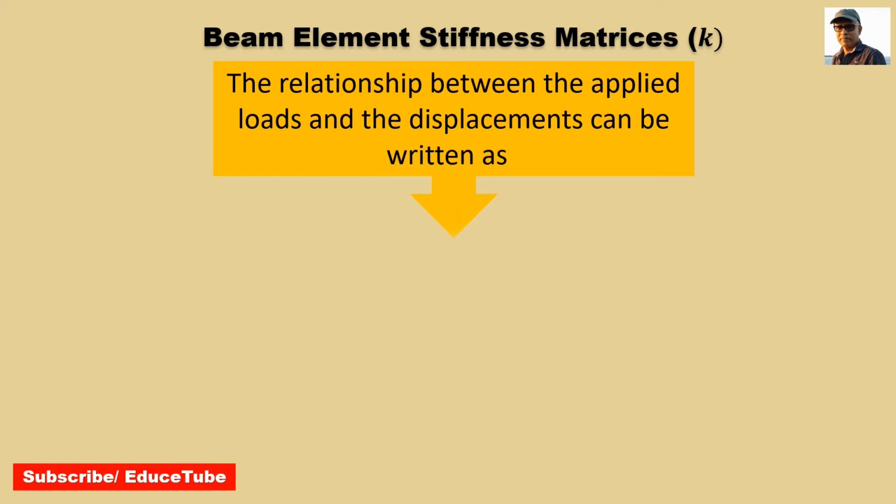Today my discussion topic is the beam element stiffness matrix. On a beam, if we apply loads, then the beam suffers displacement and rotations. These fundamental characteristics govern the behavior of elastic structures. That's why we need a relationship between applied loads and the displacement,